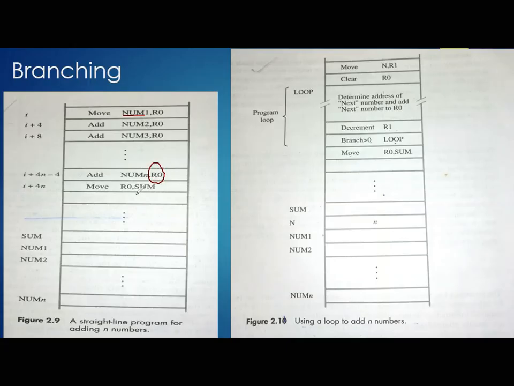Later, move R0 comma sum. So the value of R0 will be transferred to a location called sum. Yes, the job is done. But how many lines are we utilizing over here? That is the big question, right? We are making our compiler busy with unnecessary lines. So instead of this, can we simplify this program? In total we are writing 101 lines to add 100 numbers. Instead of that, are we able to write this same program within 7 to 8 lines?